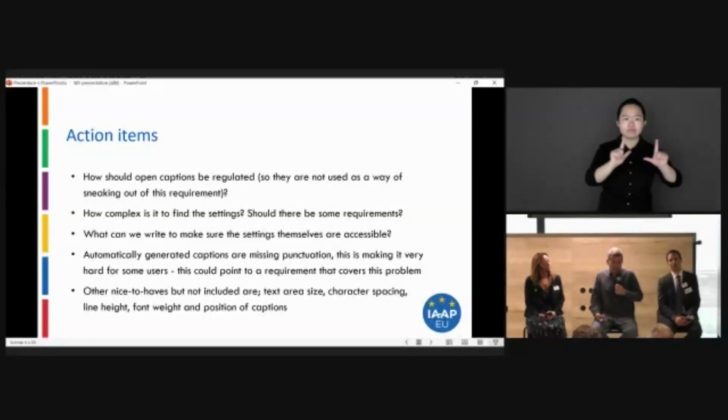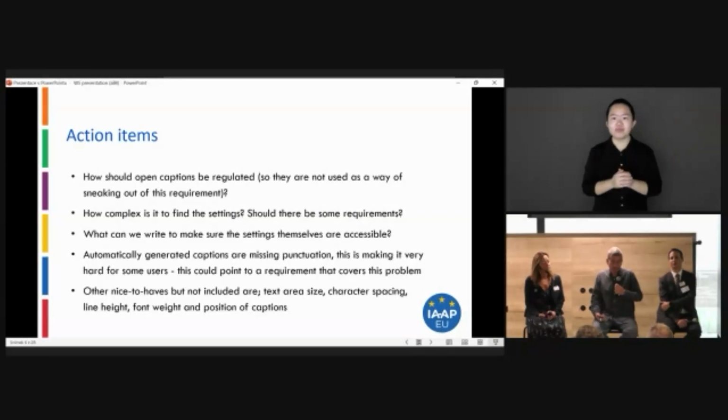So how complex is it to find settings? That was discussed quite a bit. Should there be some requirements on how they should be placed? How can you make sure that the settings themselves are accessible? And there were also talking points about generated captions. That's not really under the remit of this requirement, but it's one that's missing at the moment. What do you do with automatically generated captions, which didn't exist when this was written?